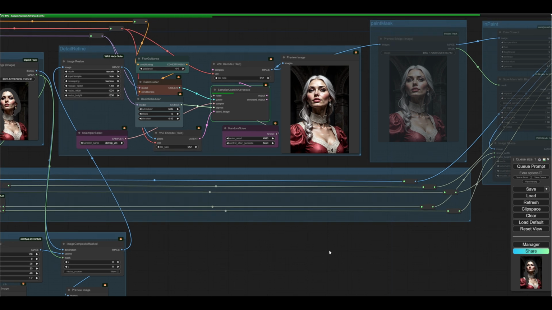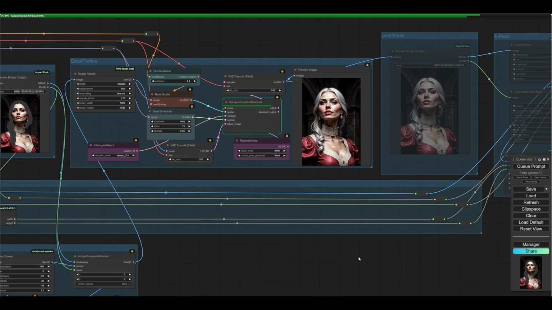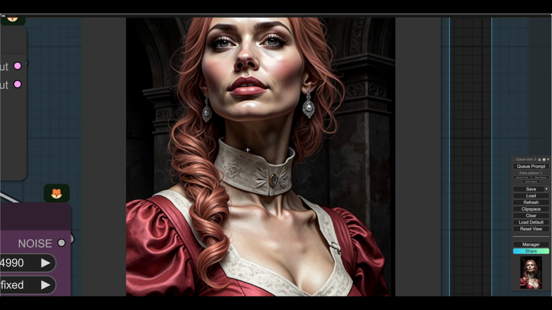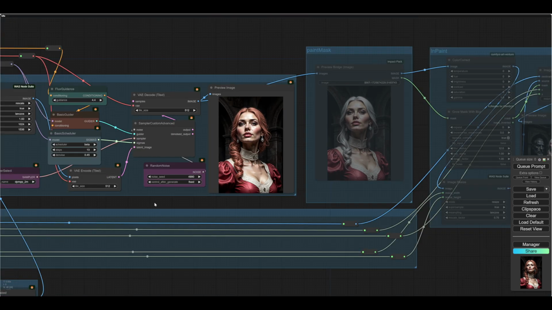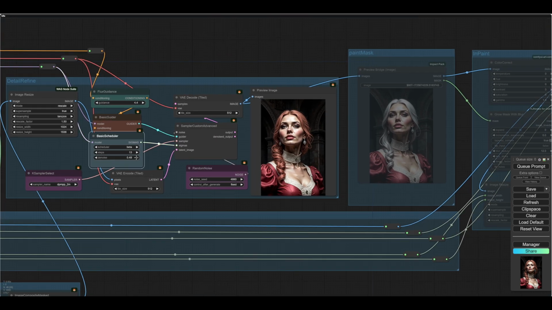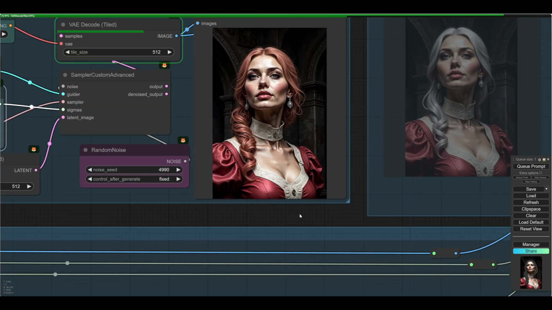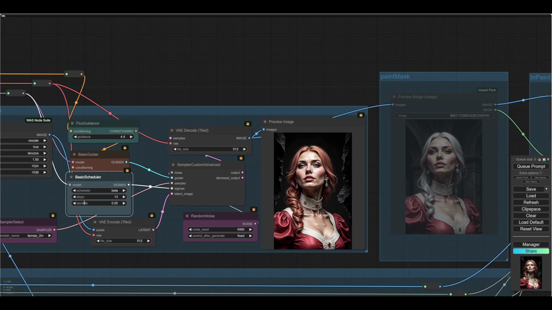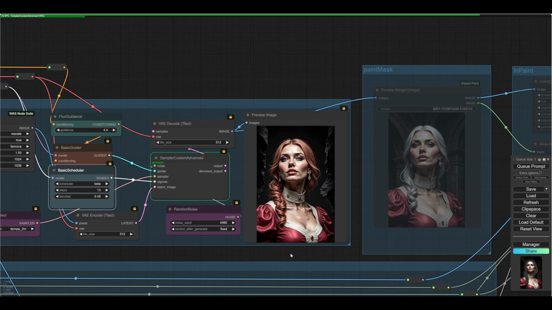The denoise is not enough on this probably. Okay, so what have we got? Oh, we got quite nice hair. I think I would give it a little bit more denoise than that. We'll give it 55. That's quite nice. I think I preferred the 45 actually. Let's go to 49. And at this point, you can of course